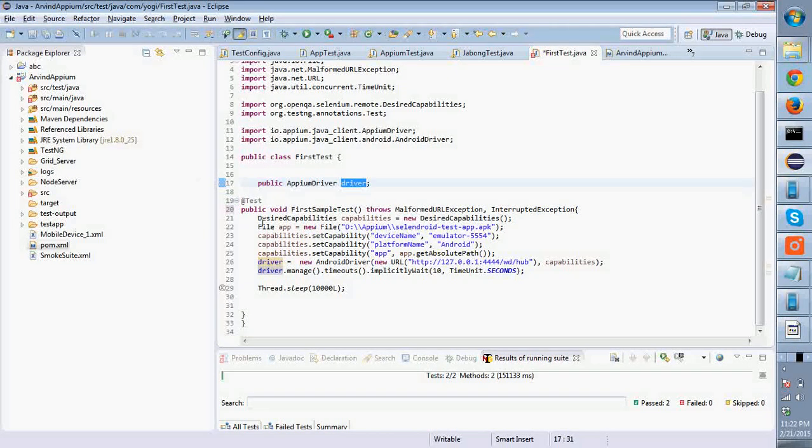After that, we have to pass some capabilities to the Appium object. Here we will pass the test file, the APK file, the application under test. You can get the APK file from the build server, the build you get from developers, and you just put it in a specific location and give that path here. Okay, and next, the capability